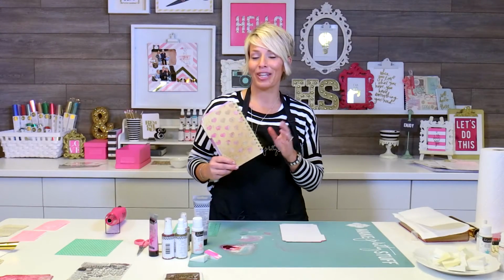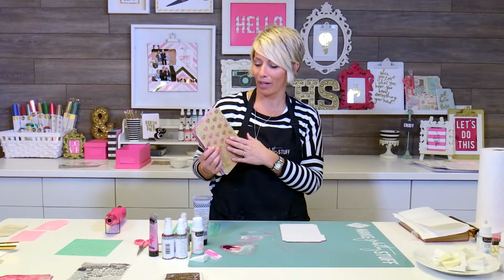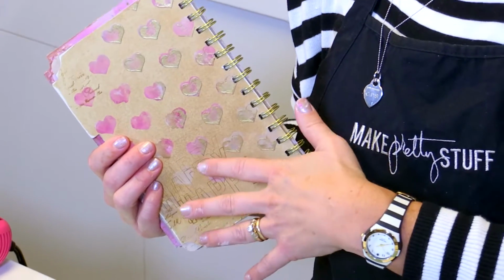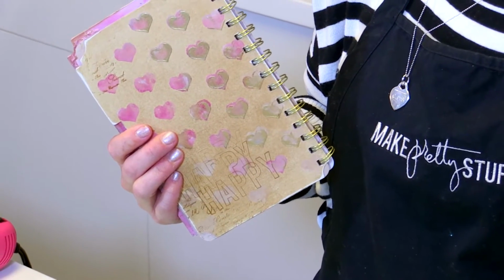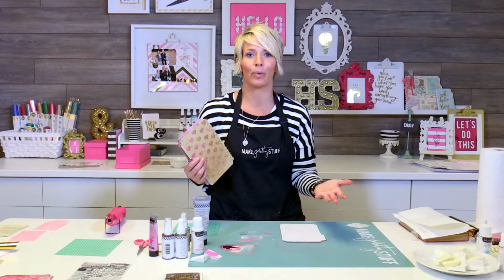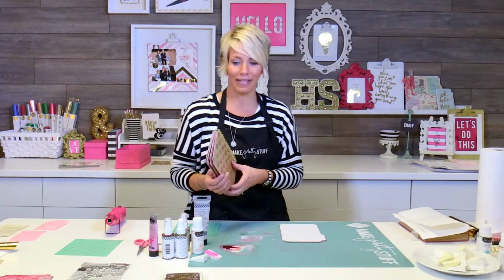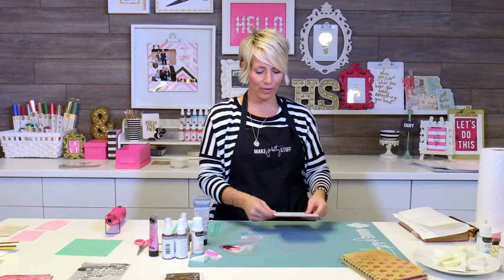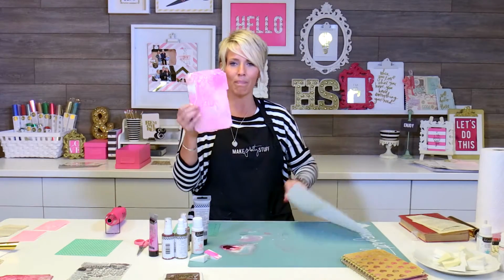Welcome back to Chapter 6. Now we are going to do some color shining, some stenciling, and then adding texture paste right on top of what we stencil, just a little bit off, to give it this really cool textured effect that mimics what we've just stenciled. So we're going to actually flip over what you've just used,